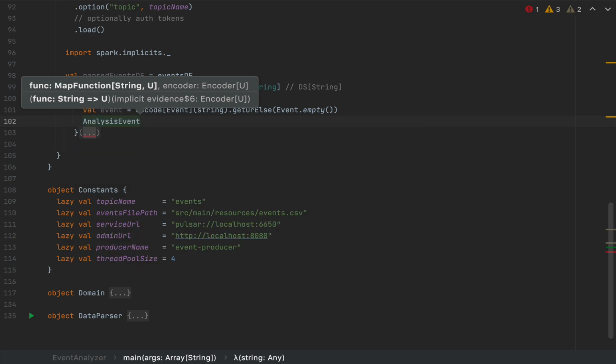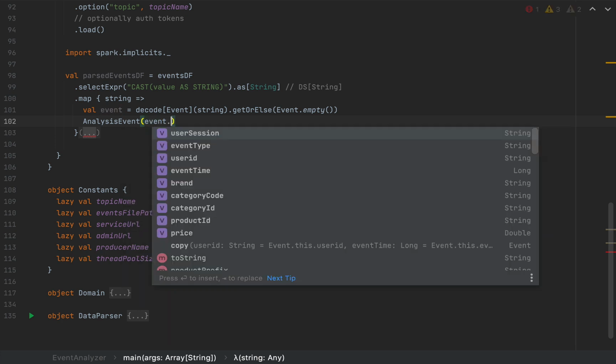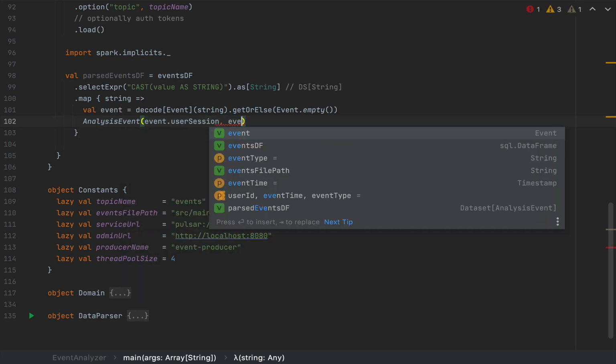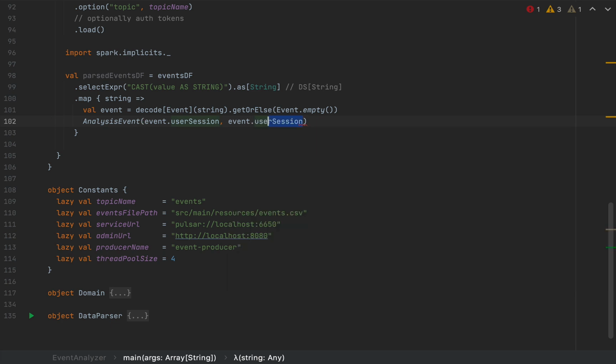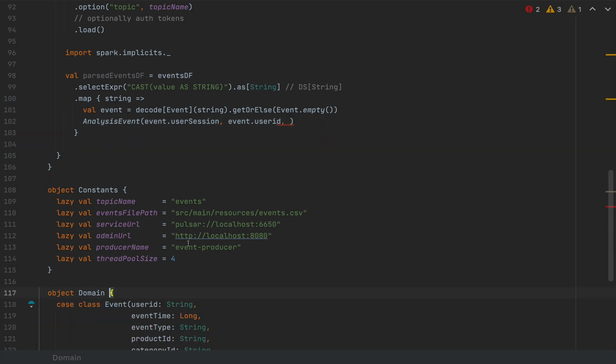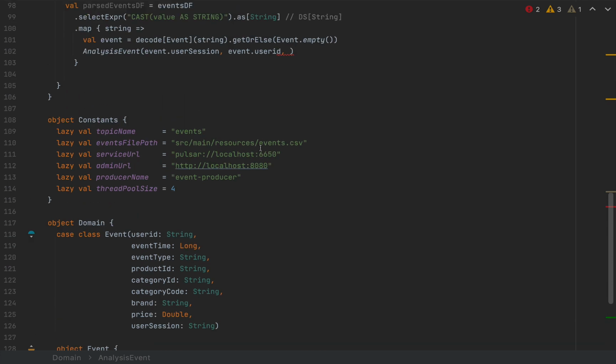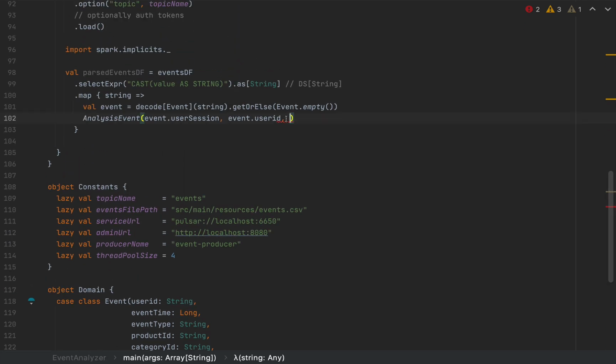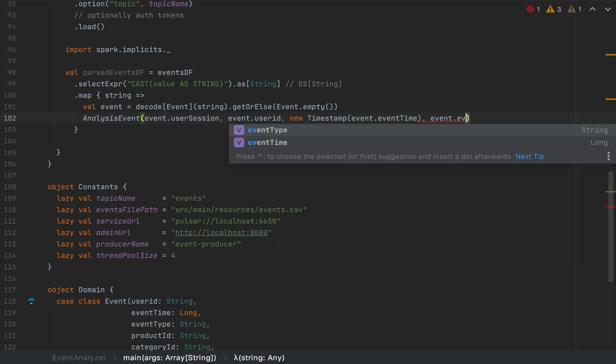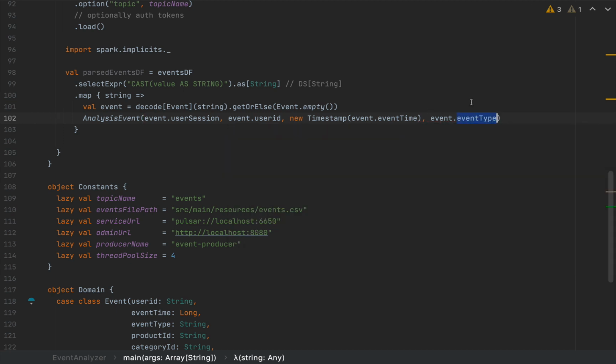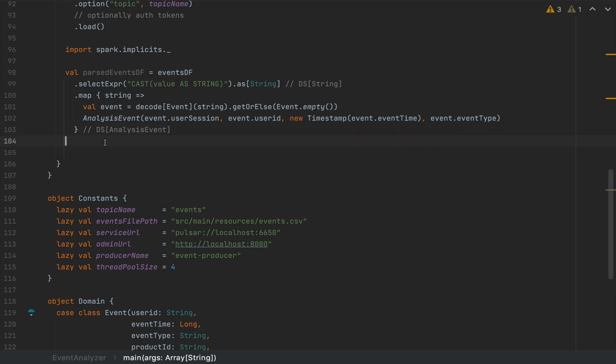So AnalysisEvent using the event.userSession as the unique identifier, event.userID, user ID. Then I'm going to use the event timestamp. I think that's the third field, the event time, which is a timestamp object. So I'm going to use new Timestamp from java.sql with event.eventTime. And finally, I'm going to use event.eventType, this view, cart, or purchase event types. Right, so at this point, we have a data set of analysis events, which we can now do Spark SQL